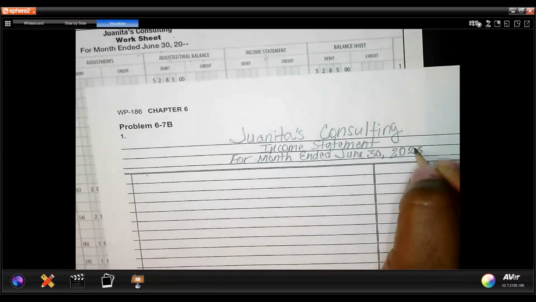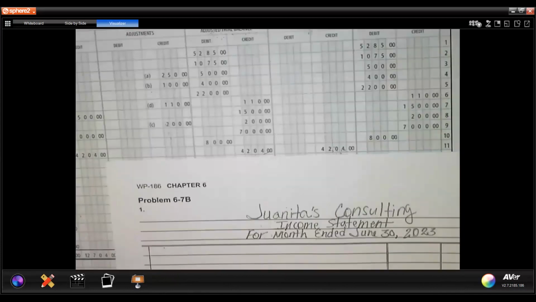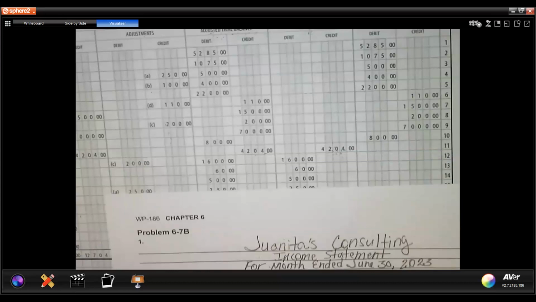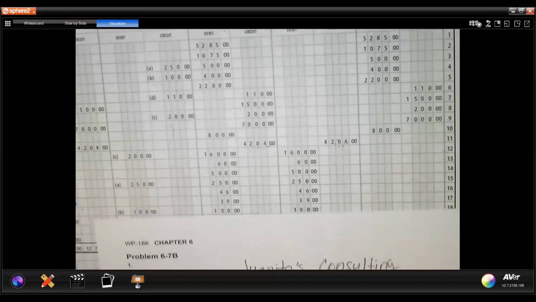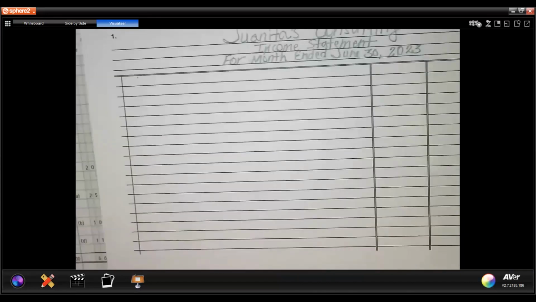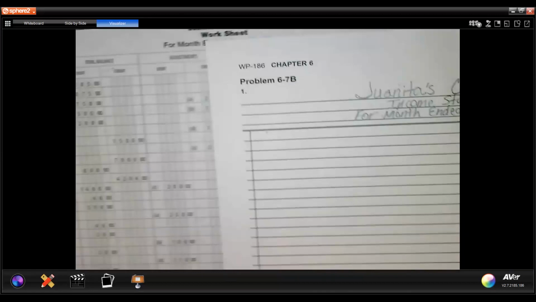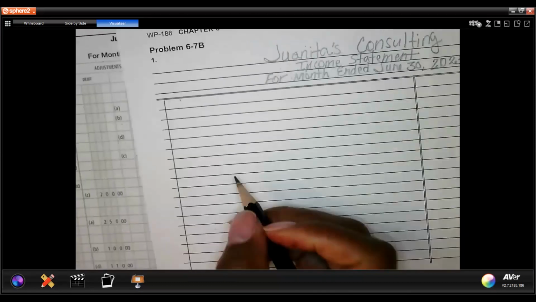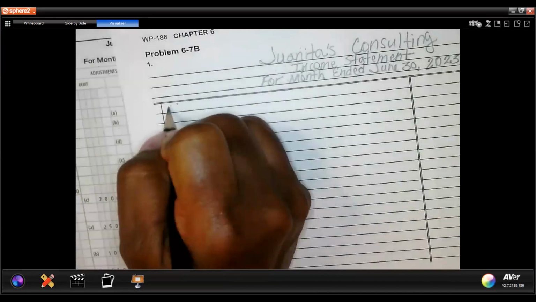Okay, so remember, our income statement only shows revenue and all of your expenses. That's what your income statement should show. So now we're going to record all of that information. We're pulling that information directly from this completed worksheet. That's where I'm going to pull this information from. So again, we always list our revenue first. So we're going to list revenue,